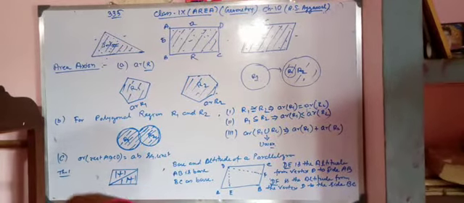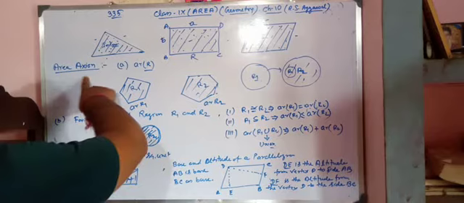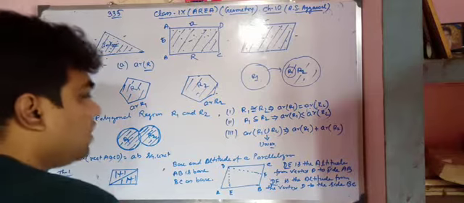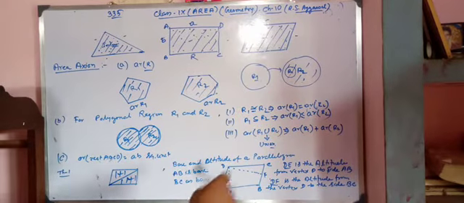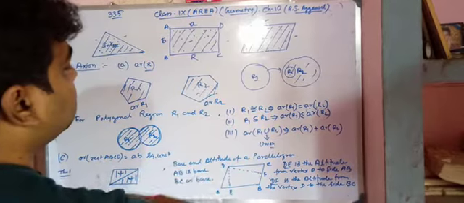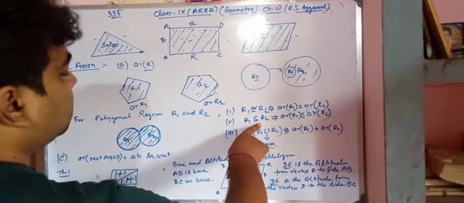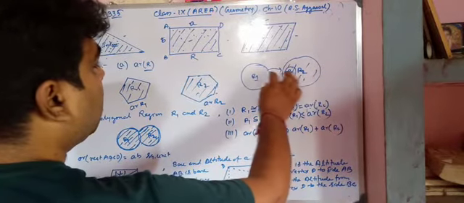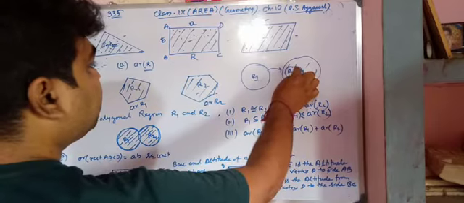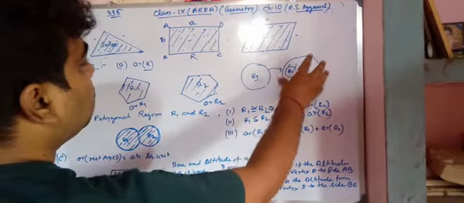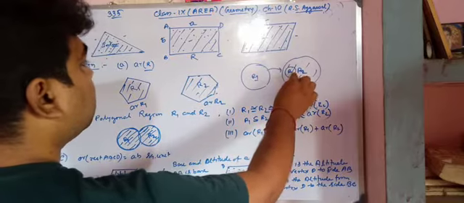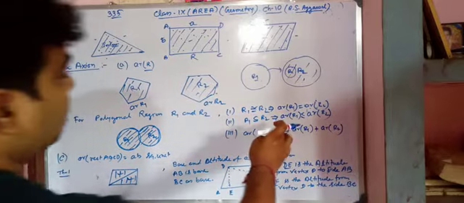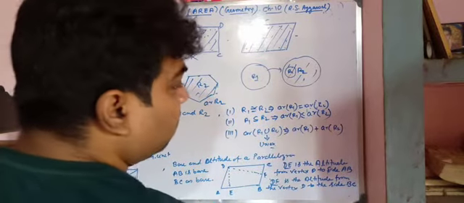So we are discussing area axiom for polygonal regions R1 and R2. Here we are taking one region R1, where this sign means R1 may be equal to this region R2 or should be less than it, but not greater than R2. This sign means that. So that's implying area of R1 is less than or equal to area of R2.